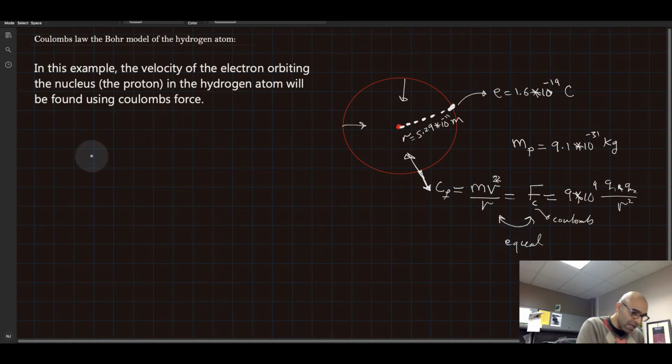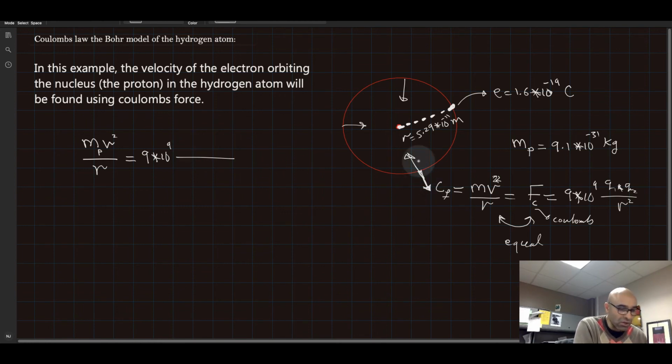So I'm going to take that here and put it here. I'm going to say mass, and this is the mass that causes the centripetal force, the mass of the electron, times v squared divided by r is equal to 9 times 10 to the power 9 Q1,